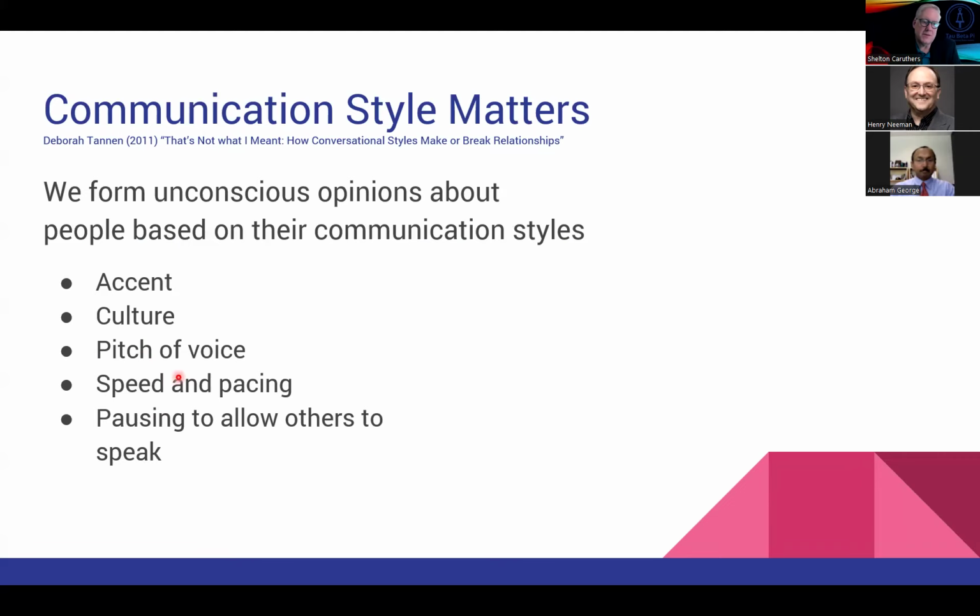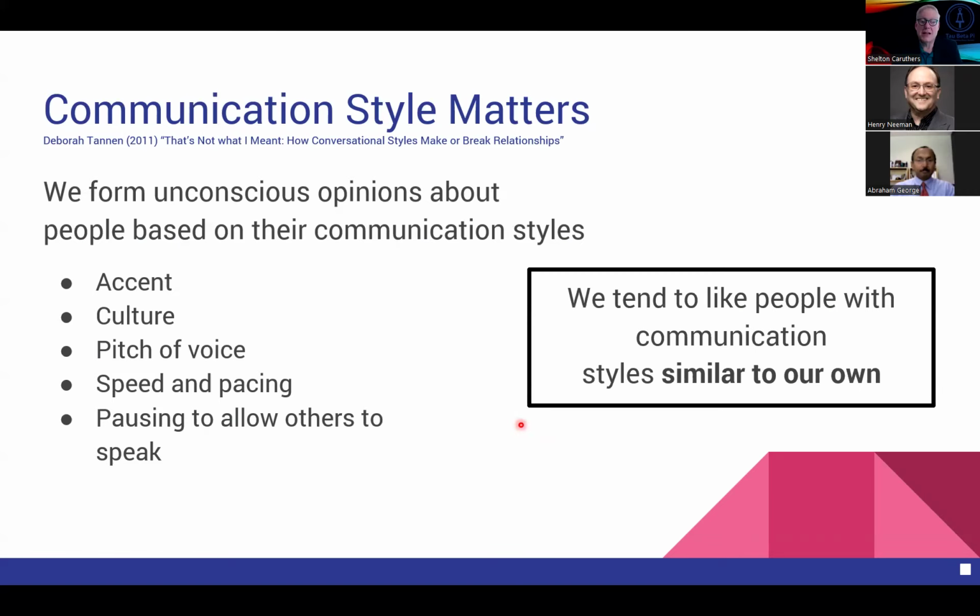Other people, for example, speak really, really fast, and that affects their ability to communicate. Growing up, and maybe still to this day, you see it in advertisements, but we Americans think that an English accent means they're just instantly smarter. So there are these biases that we have built in, and we need to understand that about ourselves and also about how we respond to how we hear other people as well. It's clear that we tend to like people with communication styles similar to our own, and we tend to communicate better with them when they're the same.